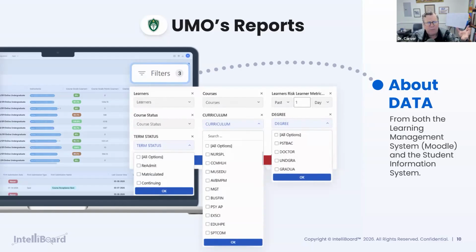It's in the background. It's pumping stuff over to Moodle. Moodle's pumping stuff out to it. It's pumping stuff out to IntelliBoard. We're doing all this data switching and going across so that I can take all of that and turn it into a picture, because that's really what data analysis is about. It's taking words, turning them into numbers, then taking the numbers and turning them back into words.